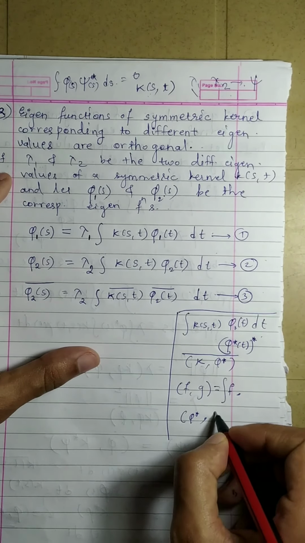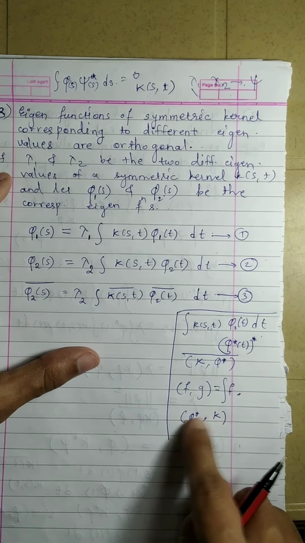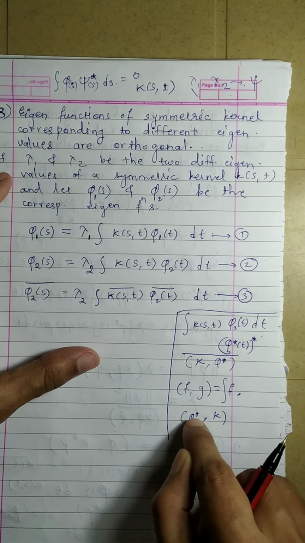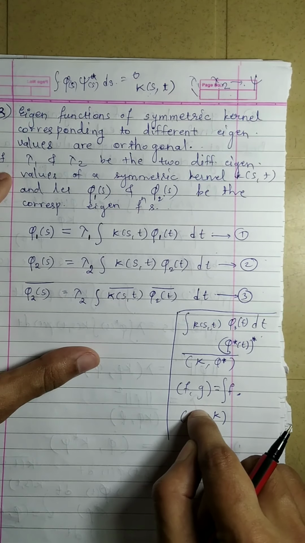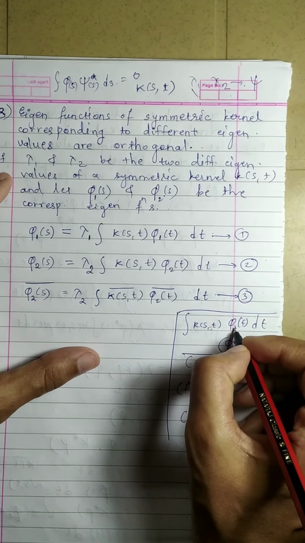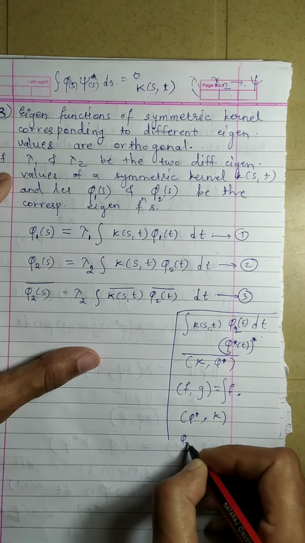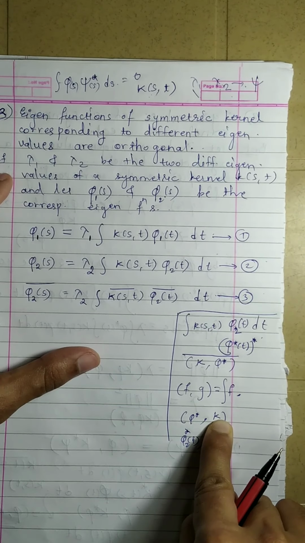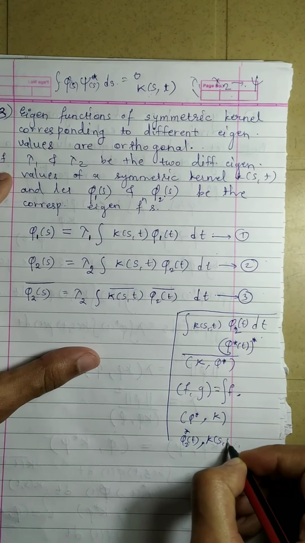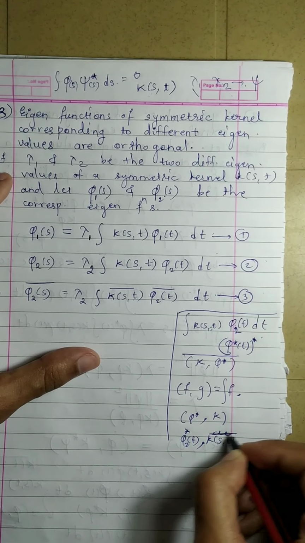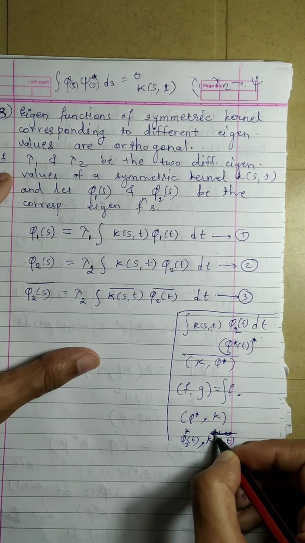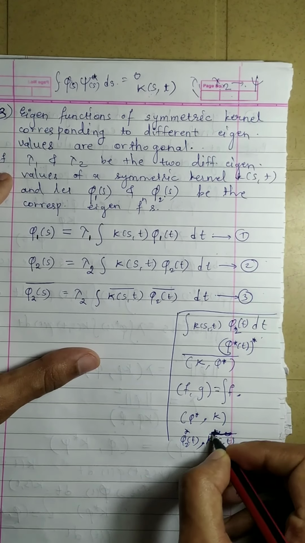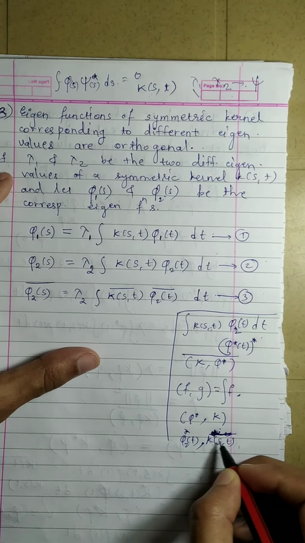comma this k. And how do we write this inner product? This inner product is nothing but phi star as it is. In this case it was phi 2 of t, no? So that will be phi 2 of t star comma the complex conjugate of this term. The complex conjugate of this term will be, bar, or I can say star also. I am sometimes using bar or sometimes the star, the meaning is same. Okay, so k(s, t) star,